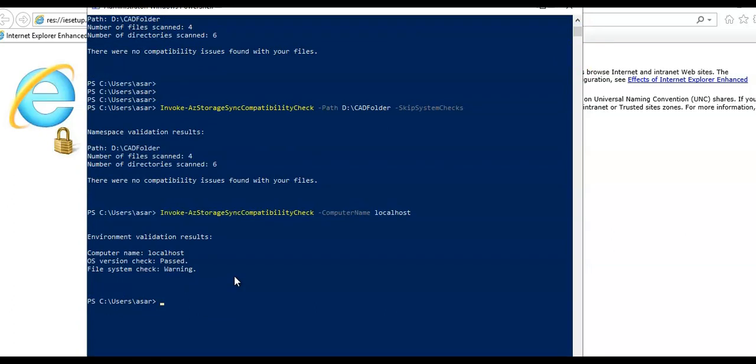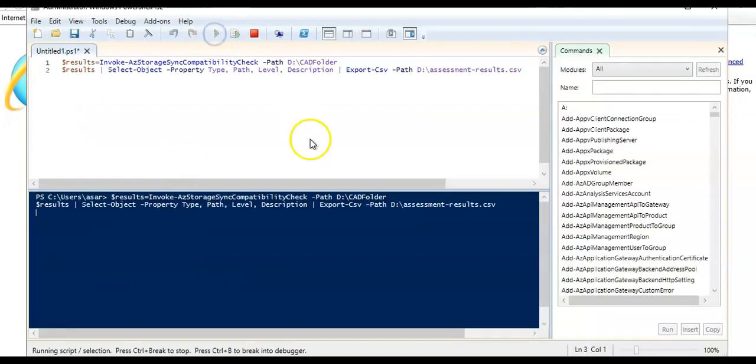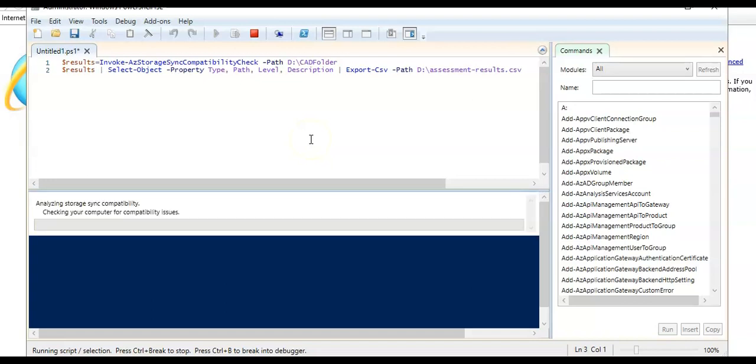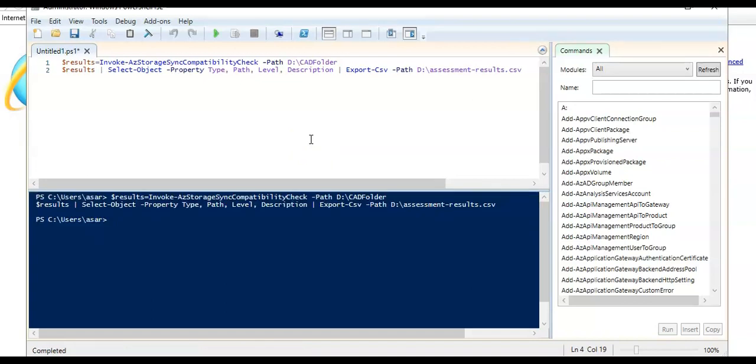I will save the result in a file now. Running these for the CSV files, it will do all the checks and save them in the assessment results .csv. I'll leave this connection open.